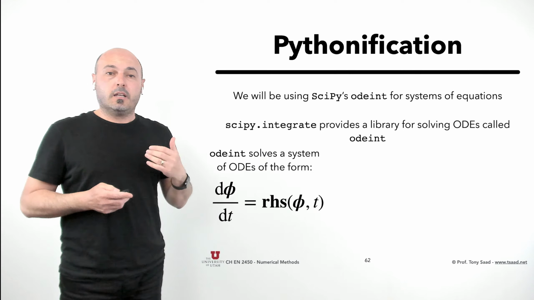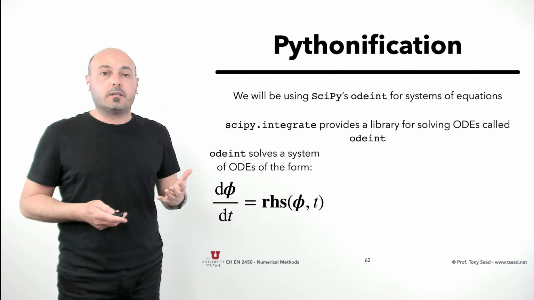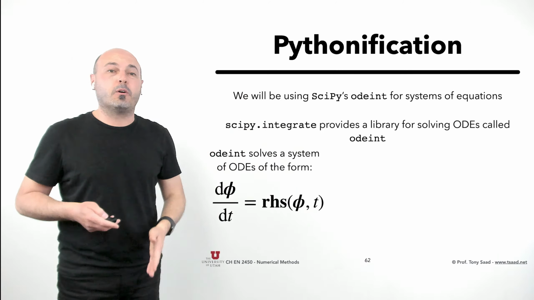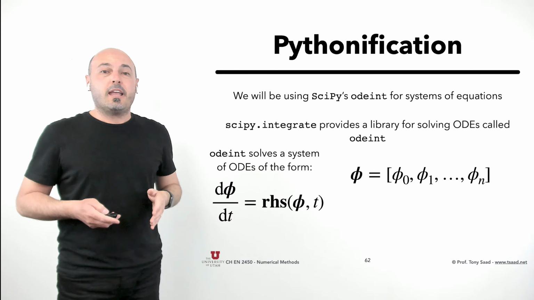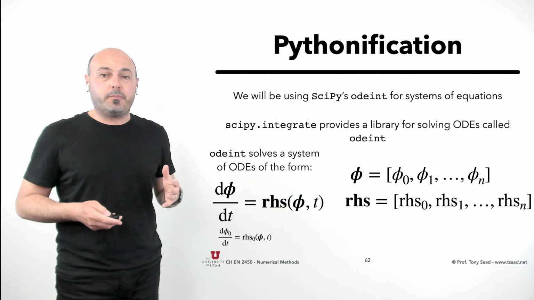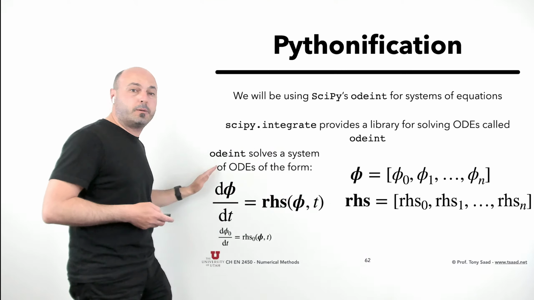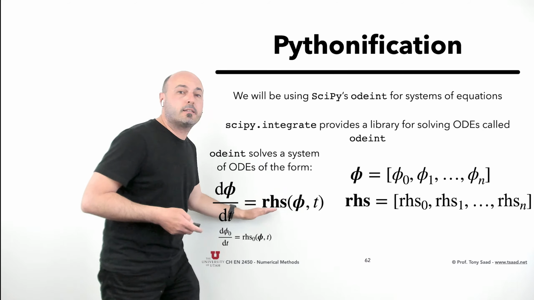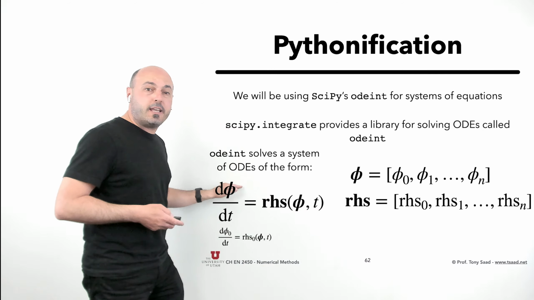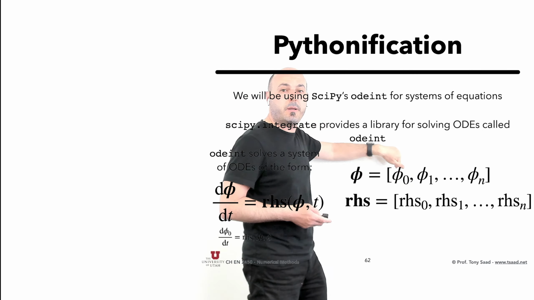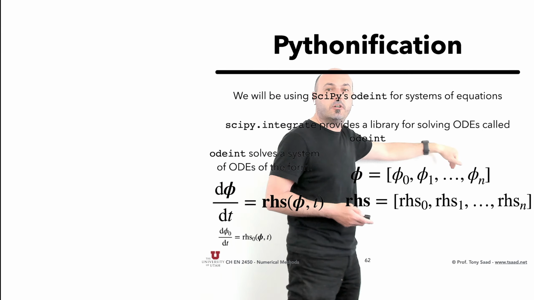Turns out that SciPy's odeint solves not only a single equation, it also solves a system of equations, okay? And it takes the following form. So if we assume it solves a system of ODEs of this form, d phi by dt equals right-hand side of phi, t, where phi is a vector of the unknowns. So this could be susceptible, infected, recovered,